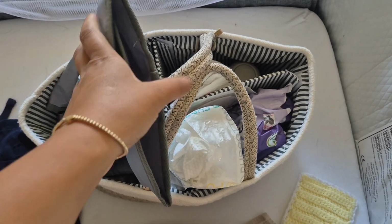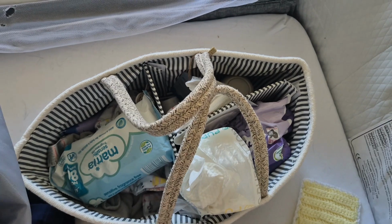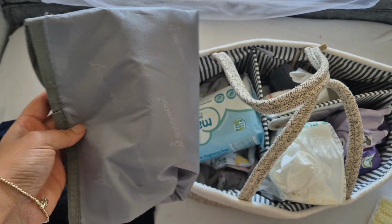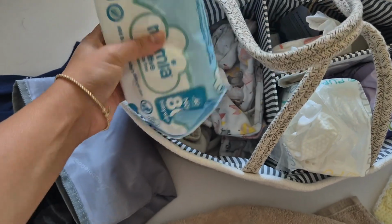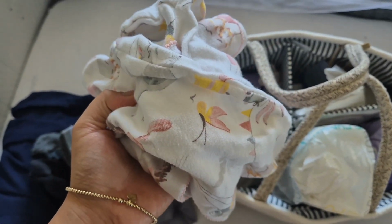The next thing we have, I just have to bend down and get it, is this. It is the caddy. This is the bed caddy. It's not tidy because life isn't tidy, and I want to be real with everyone. It's hard work staying tidy. But it just has like a really basic changing mat, a pack of nappies, a spare pair of clothes in case she wets herself at night,